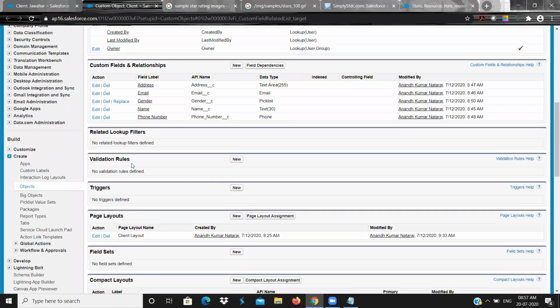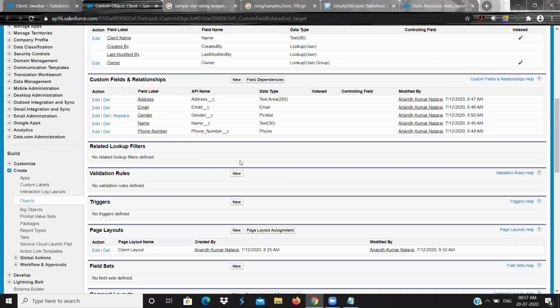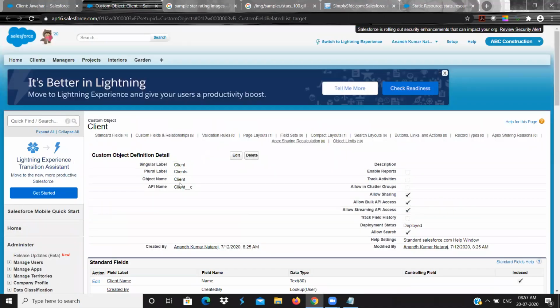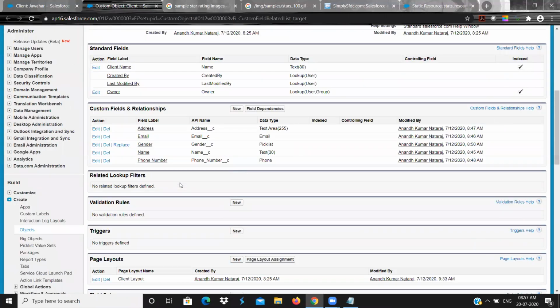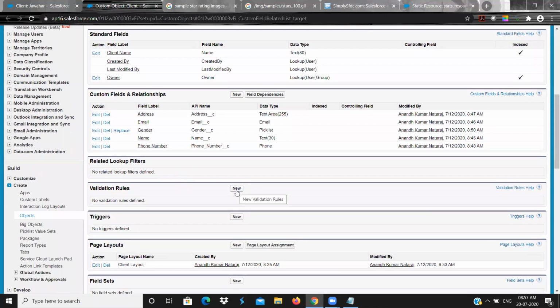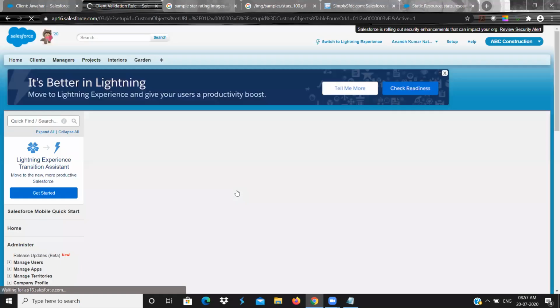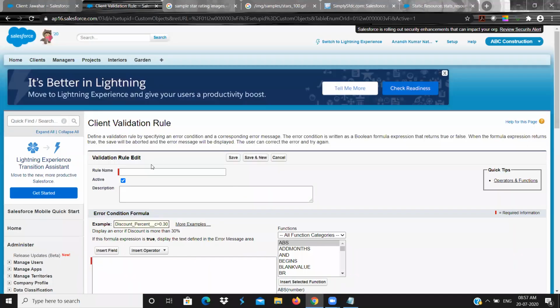So you have a place called validation rule. Here you need to go to validation rule under the object. This is the object, right? So inside this object, you need to go for a validation rule. Click on new validation rule, and you can give a rule name like address not null, and a description if you want.